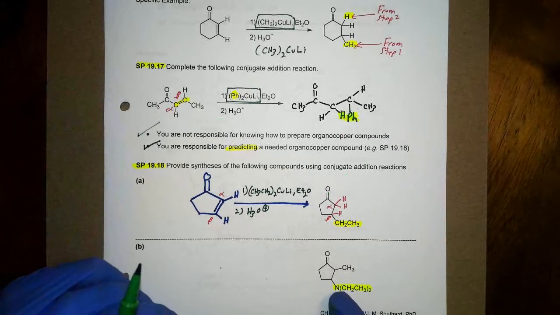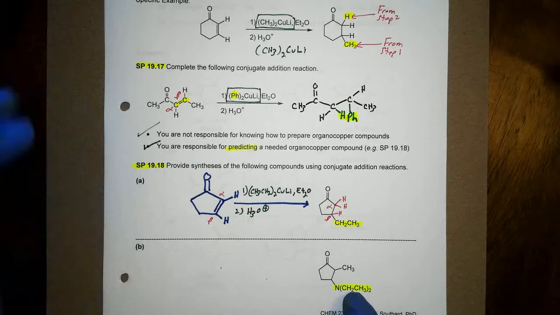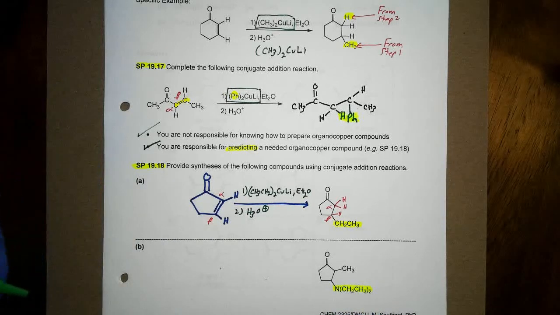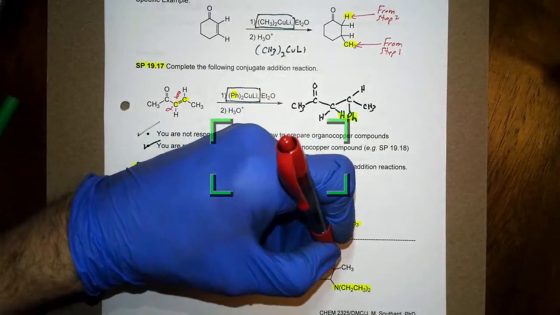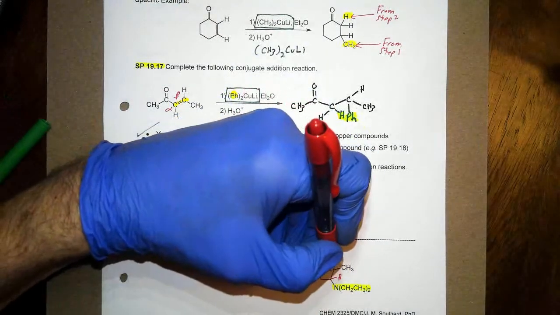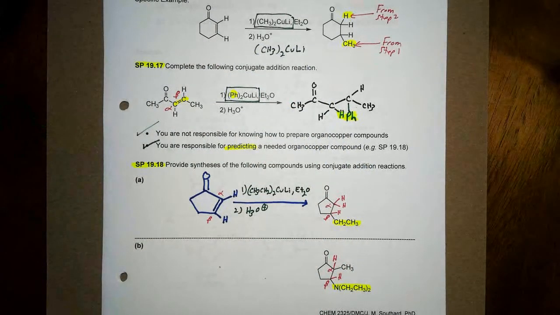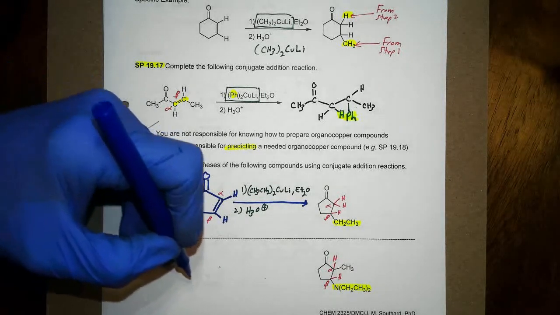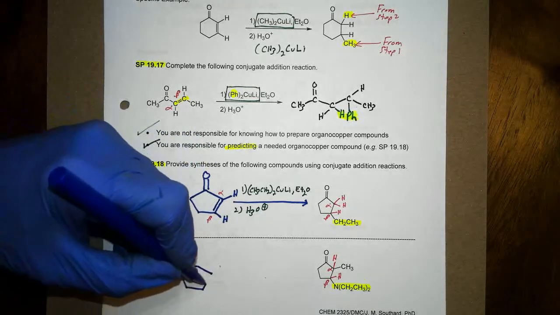And this is the nitrogen that has two R groups, right? Both are ethyl, so that means you're going to use a secondary amine. And so I think it's pretty smart to do kind of like we did before. Let's go ahead and sketch in a hydrogen here and a hydrogen there, okay? There's alpha, there's beta. We don't need to do all this, but just to kind of reinforce how this is all taking place, which means I need to go ahead and, kind of like the previous problem, produce this 5-membered